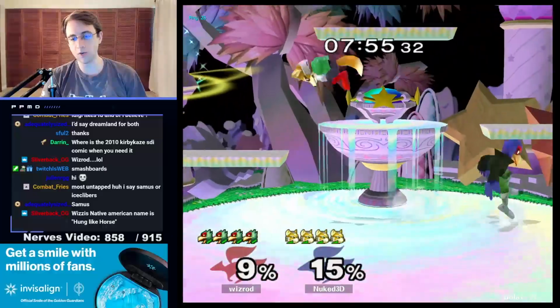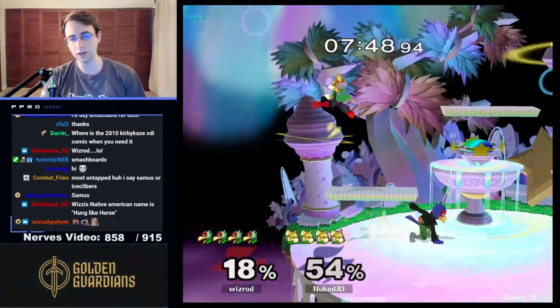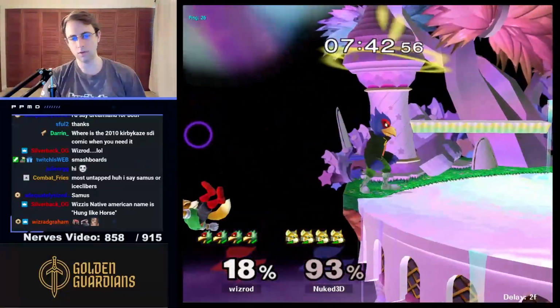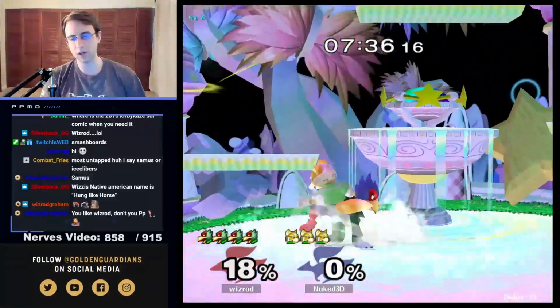Fox already starting off with some good slide off and good DI generally. Notice how he jumped. He jumped right as I lasered, and it's so important to kind of keep in mind. I kind of tripped up their DI for a moment. But yeah, we're going to try and...